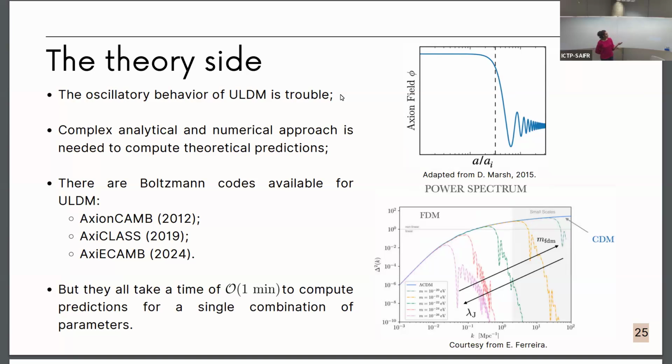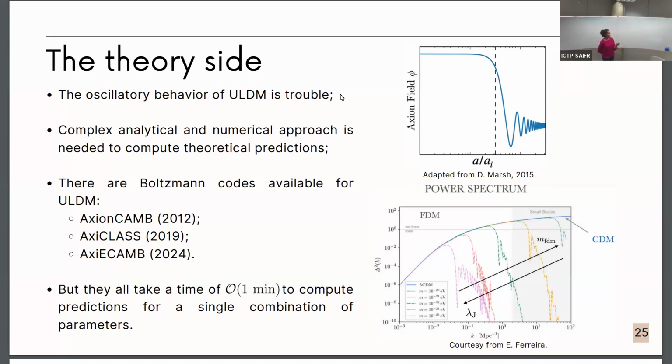There are people that have already built Boltzmann solvers for this kind of model. We have AxiCAMB, AxiCLASS, and others. But all of them take about 1 minute to compute the predictions for just one combination of parameters. So if you think 1 minute times 1 million times, it's a lot of time. It's very expensive,